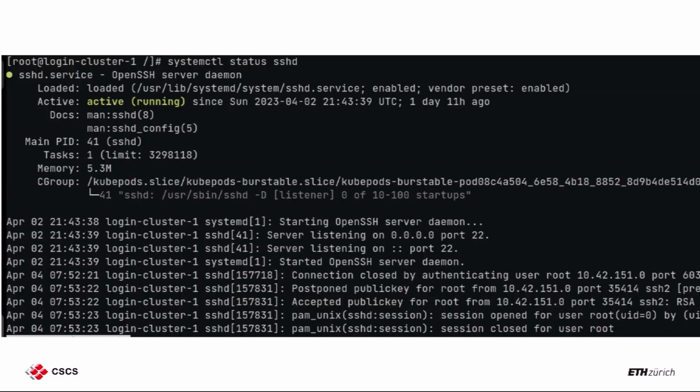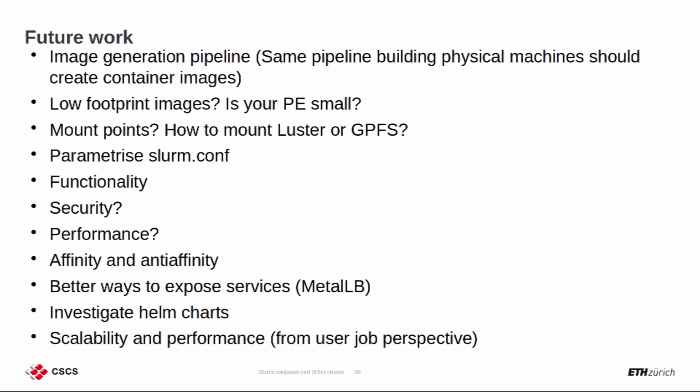Okay. I'll show here this SSD that's running, and this is getting up and running when I'm firing it. So I don't have to start the daemon. It's already enabled there, and I don't have to do anything more than that. I think that's more or less what I covered, part of this future work.